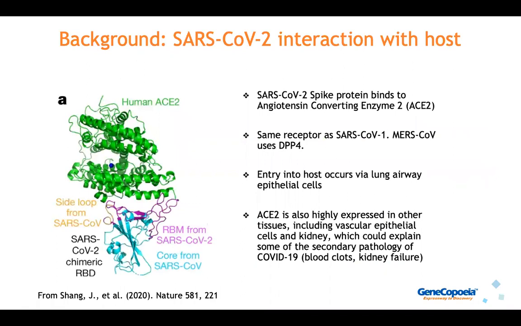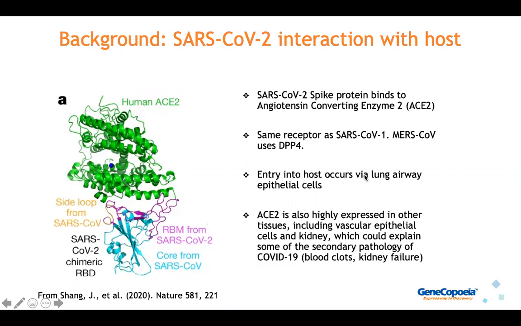Now, here's a little bit about what's known about the interaction of the virus with the host. As I mentioned, the SARS-CoV-2 virus spike protein has been shown to bind to a protein known as ACE2, which stands for angiotensin converting enzyme 2. It's the same receptor as the SARS-CoV-1 virus, but it's different than the